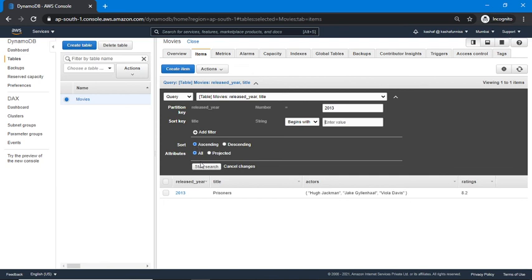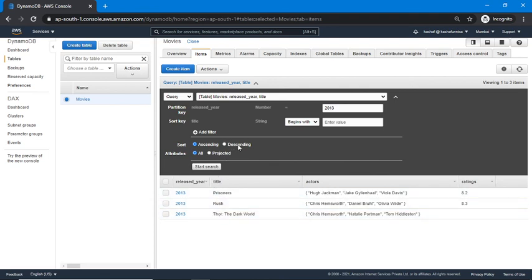You can see all this in ascending order by my title sort key. All the records are arranged alphabetically.